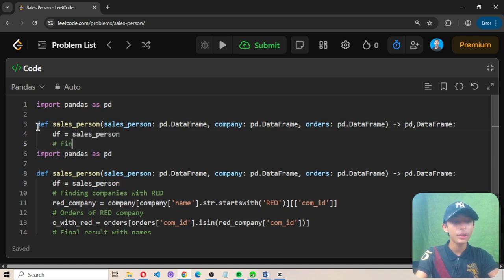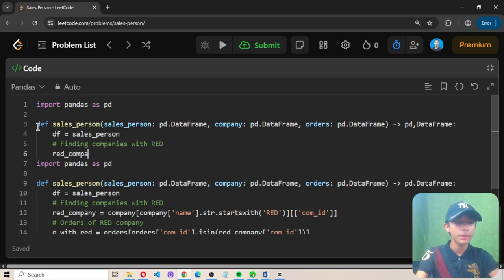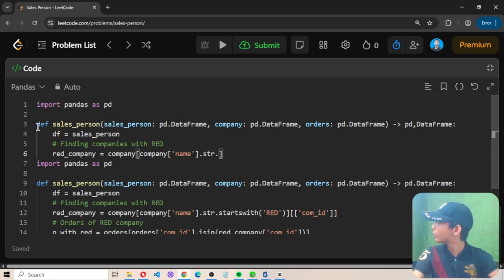Now here I define one comment in which I am finding the companies with red. Okay. So first of all we define a red company variable in which we define company, and then it is looking like a list. Okay, here we are creating a list. Now we define company in single quotes name, and then dot str, means string, like you all know, then dot startswith.